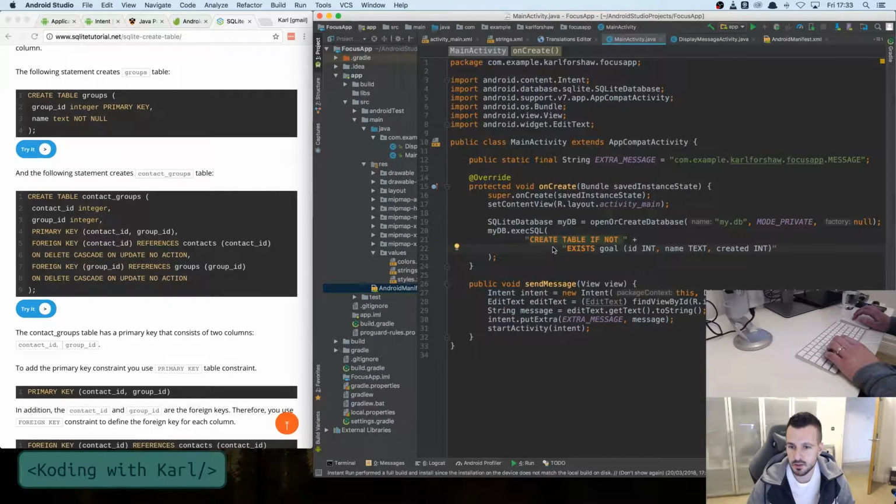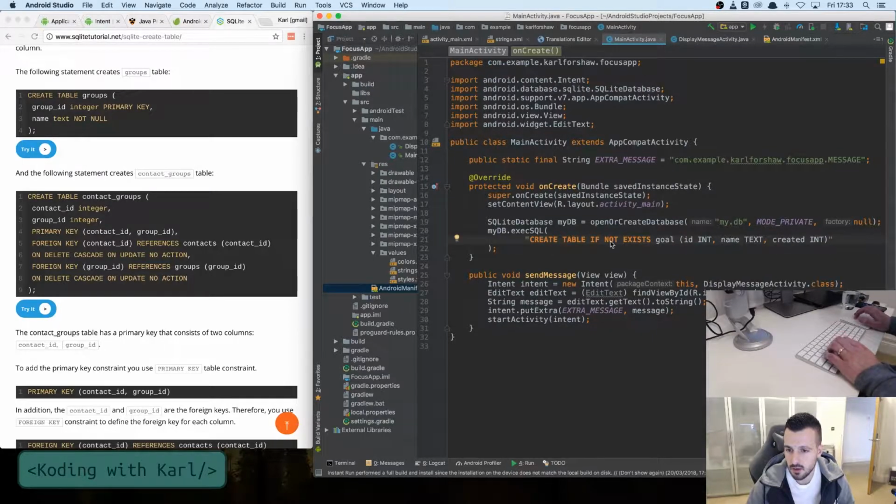Android Studio seems to have told me the answer to the question. So this is obviously a concatenation operator. So I can break this string in half and again if I want to, and it's not going to cause any problems. So create table if not exists goal, and then